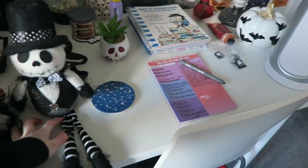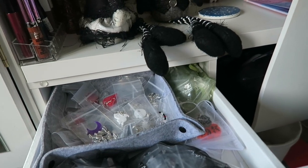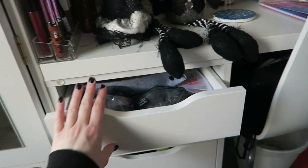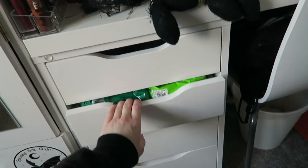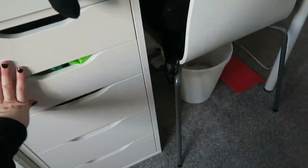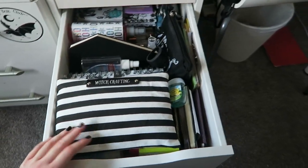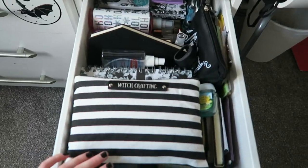The last thing to show you, I just keep my Spooky Box pillow on there when I sit at my desk. I just keep all my jewellery in here. You will have seen this in my Organise With Me video, but I'm not sure which one I'll put up first. I've got my makeup drawer in here, my stationery drawer, which I'm very happy about,